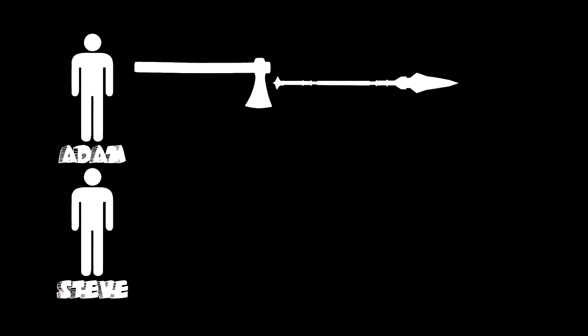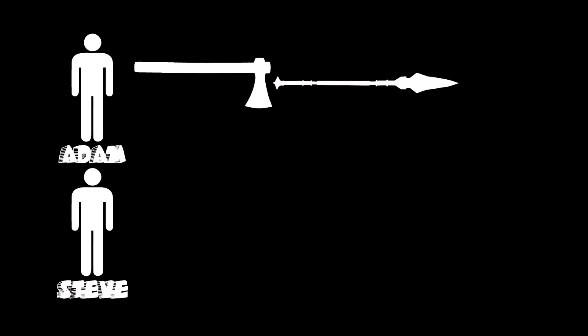Let's say you have the first two human beings in the world. Solely to upset the creationists, I'm going to call them Adam and Steve. Adam and Steve need lots of things to help them survive, but I'm going to focus on two tools they need: axes to chop trees and shape wood, and spears for hunting and fishing. Adam isn't too bad at either of these. He can make an axe in 3 hours and a spear in 4.